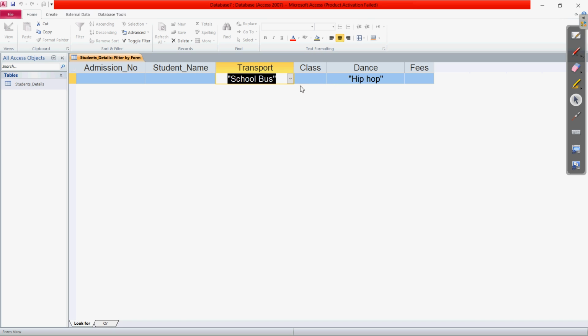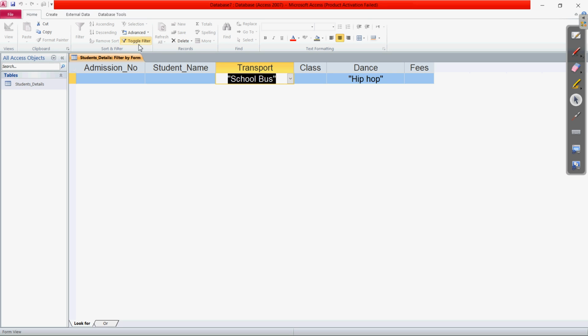Using and means that hip hop is the one criteria, as well as the student should come to the school with the transport as school bus. Clear? So these are the two conditions which must both be met, then we should get the data. So right now we are using which form? And.